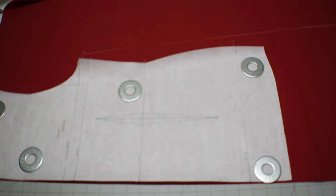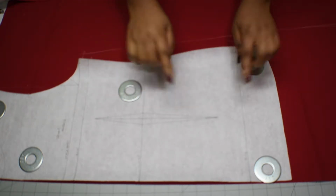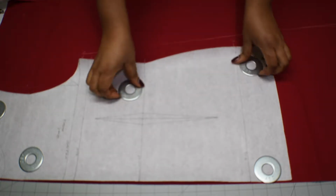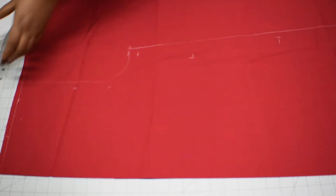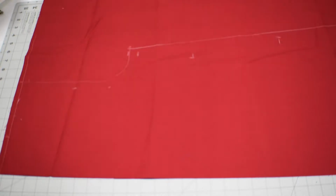I've already marked out my dress using a pattern that I have. I have a tutorial on how to create this pattern in one of my previous videos, and I will link the video down below. So for those that don't know how to create a pattern or use a pattern block, I'm just going to go ahead and redo it again from scratch using the freehand measurement. So grab your fabric